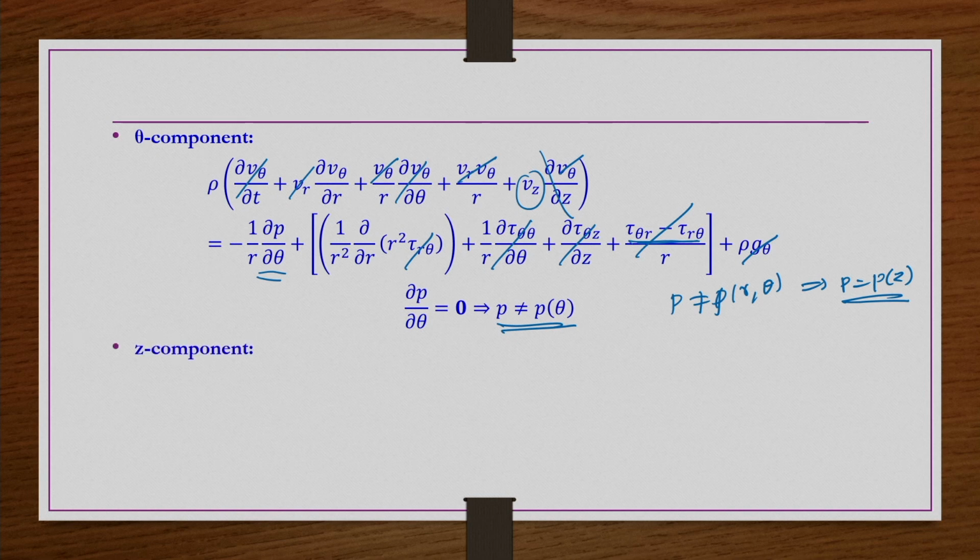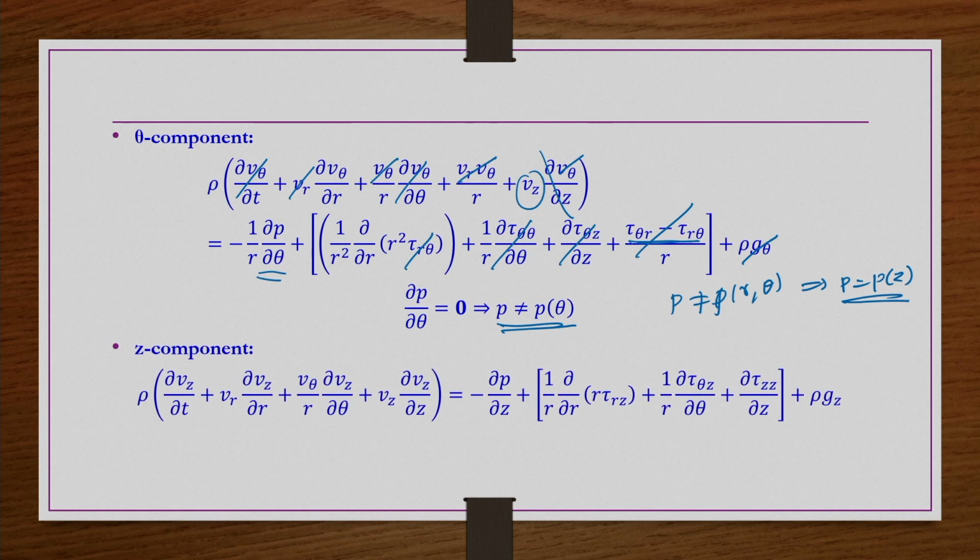So, the z component of the momentum equation, if you simplify, what do we get? Steady state, this term is 0. Vr is not existing, V theta is not existing, and because of symmetry this term is 0. Vz is existing, but Vz is not a function of z, it is a function of r only, and because of the fully developed flow, dou by dou z of anything is 0. So, this is 0. We cannot take dou p by dou z equal to 0 because of the fully developed flow, because fully developed flow applies to the flow variables, not to scalars like temperature and pressure. So, then we cannot cancel it out.